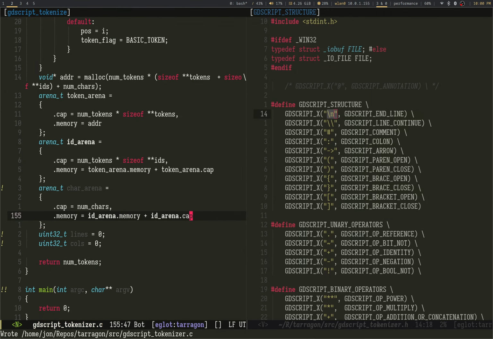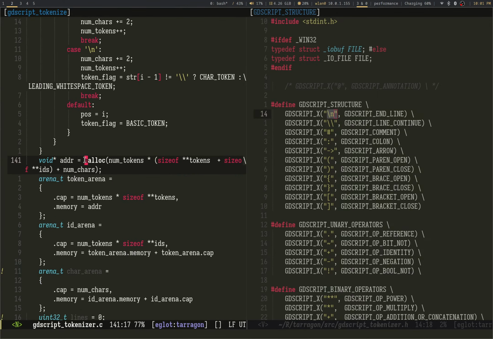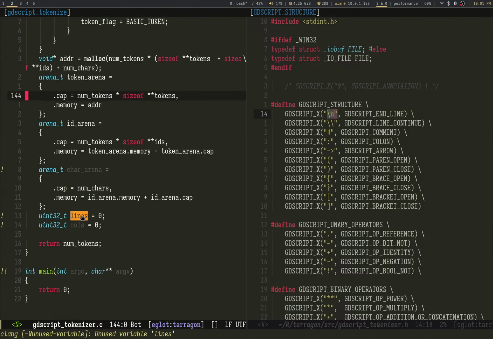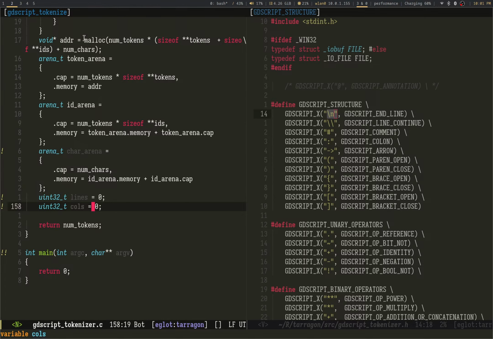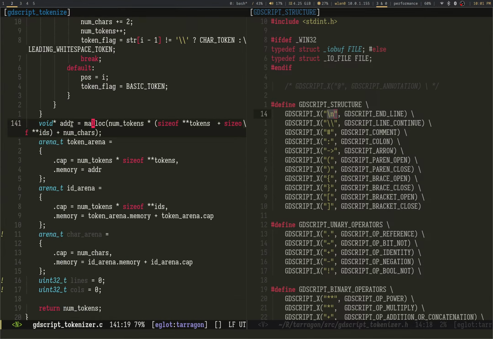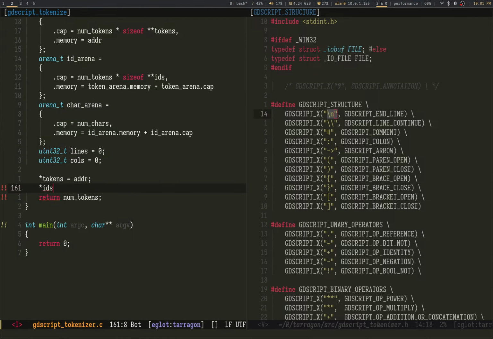So this is what I do. This is probably not a good idea. As you see, what I tend to do is I just make a fat allocation and then I slice it up into multiple arenas, which is how I got screwed by memory alignment issues. But this is what I do. I mean, ultimately, what it means is, once I can do this, I can do that. And yeah, that's basically it.